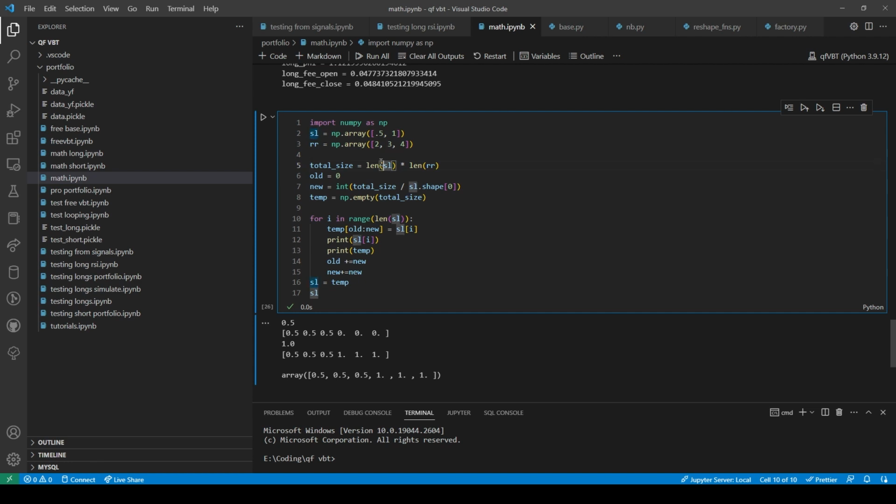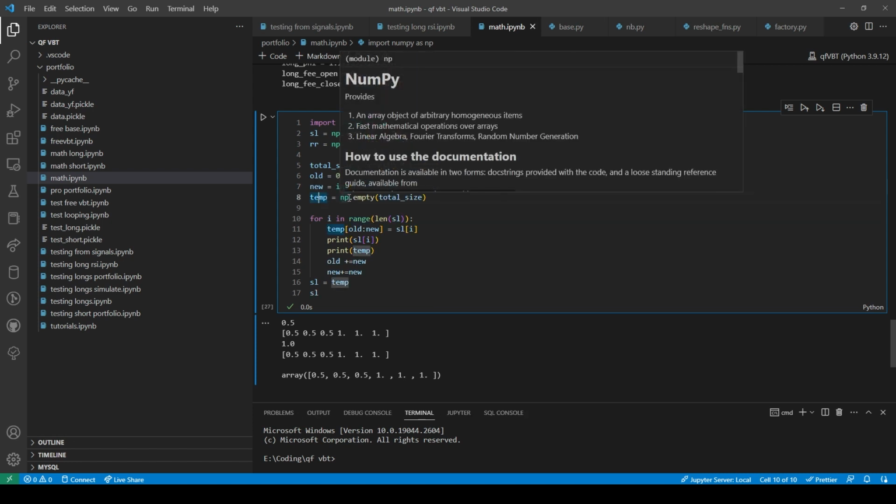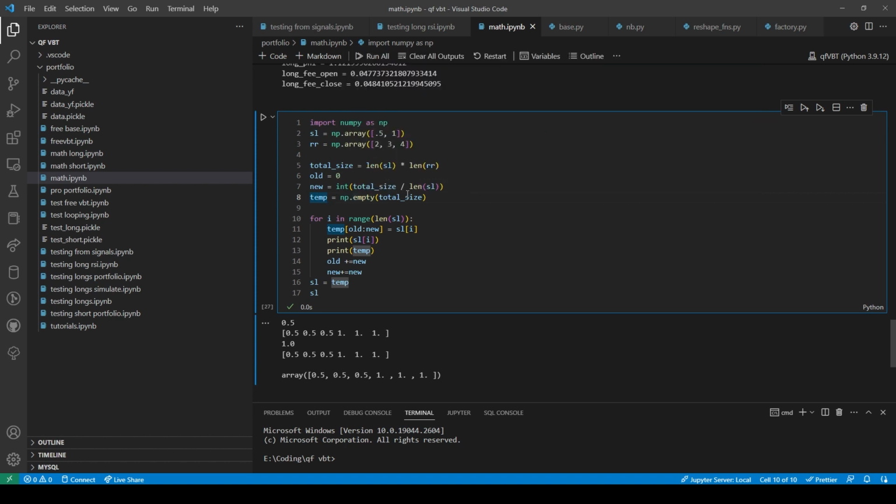Anyways, this is obviously just the very beginning part. So we have the total size equals this. Then we get that this needs to be a length of 6. So then we have our old, which is 0, and our new, which is the total size divided by length of stop loss. Then we create a temporary empty array of the total size, because that's what we need it to be.